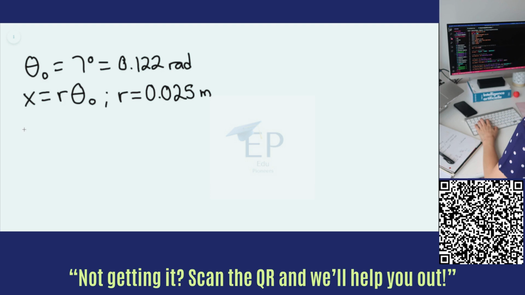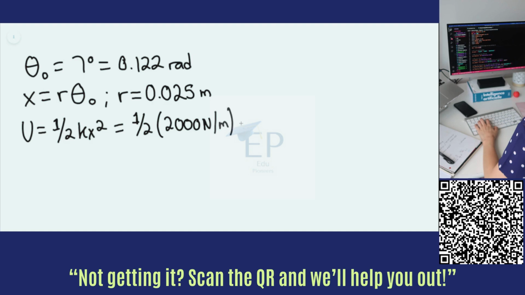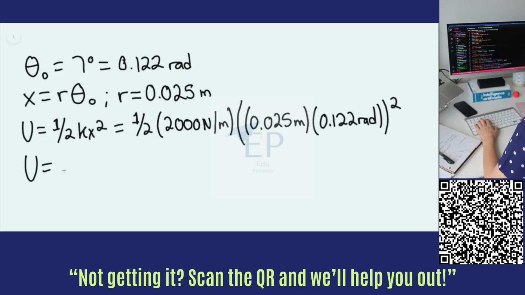0.025 meters. Then we can say that the initial potential energy, U, is going to be equal to 1/2 kx squared. We know that here the spring constant is 2,000 newtons per meter, and then this would be multiplied by 0.025 meters multiplied by 0.122 radians, quantity squared, and we can say that the initial potential energy would then be equal to